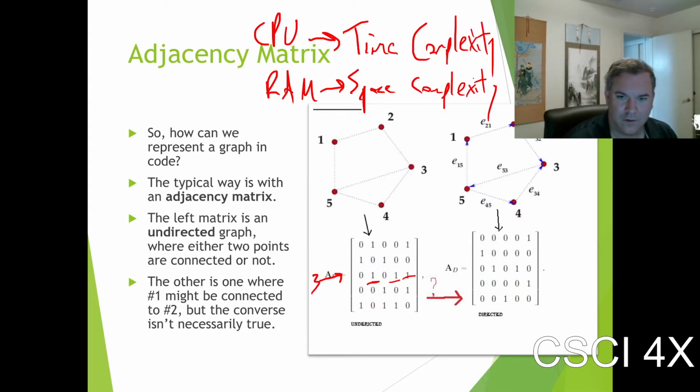So, RAM, space complexity, is how much RAM we use. Space complexity is how much RAM we use proportional to the size of the problem. Okay? So if we have